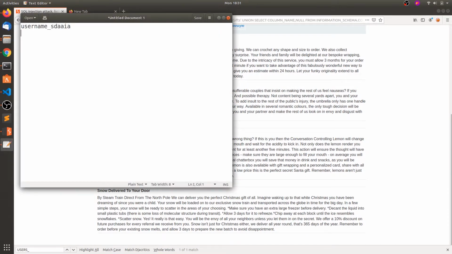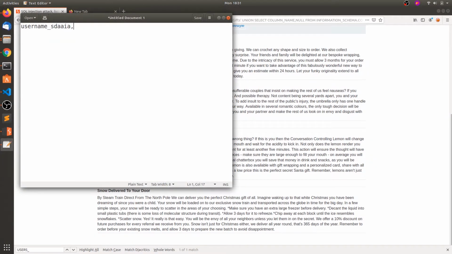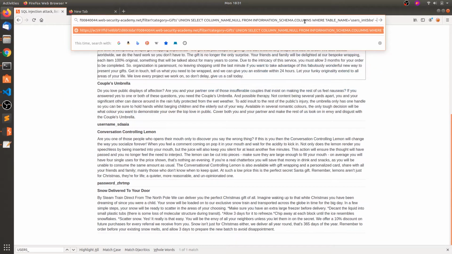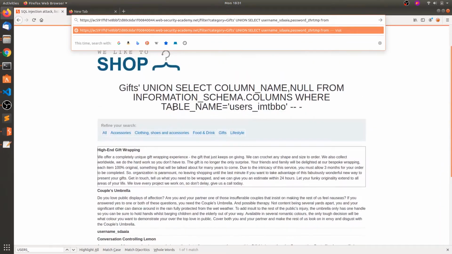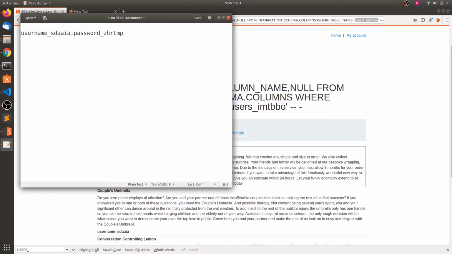So let me store here. We need to get this from this table. So what is the table name? Sorry, what is the table name? This one.